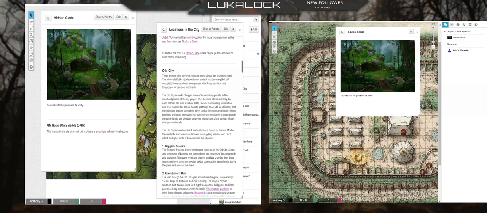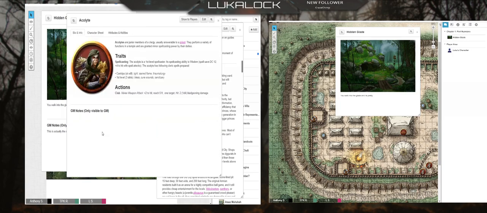And then meanwhile, I've got this information here where it's like, this is actually a site of an evil cult, where there's an acolyte hiding. And they're like, okay, I'd like to look around. And I'm like, guess what? Roll initiative, because you're now in a fight with an acolyte. So by linking all those together, it makes it easier for me when I'm in the moment,